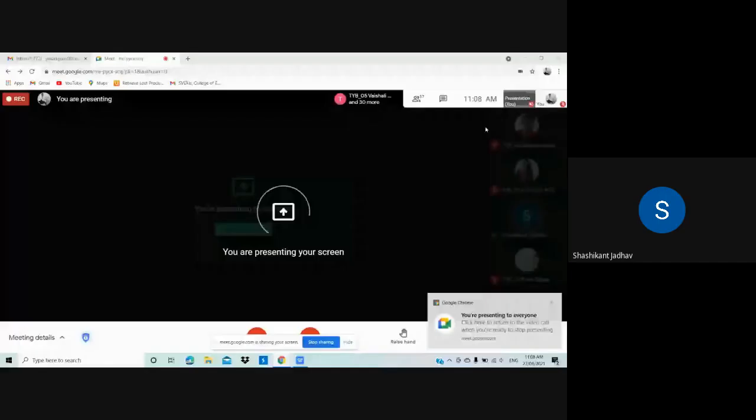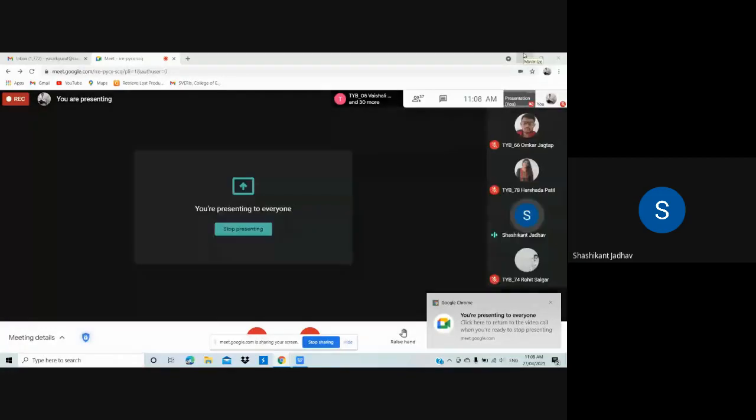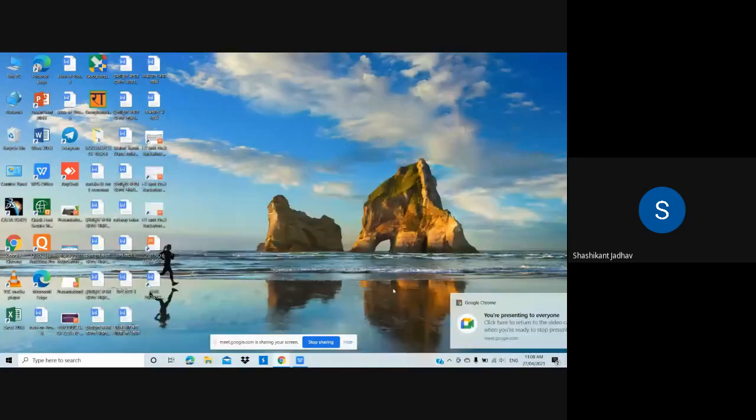Okay, now, yes sir, present the screen. So today we have to solve 3 problems related to this radiation shield, and we have to understand in what way the heat transfer rate will be reduced. So now we will discuss some problems related to the radiation shield.